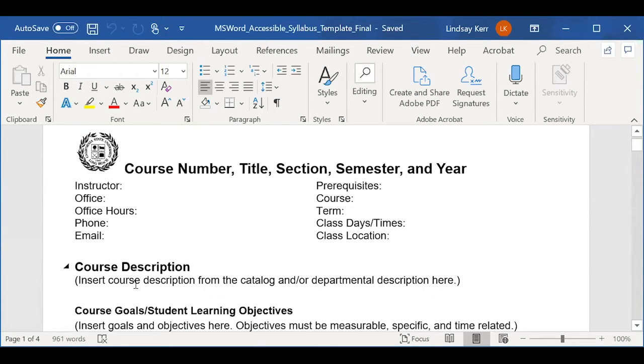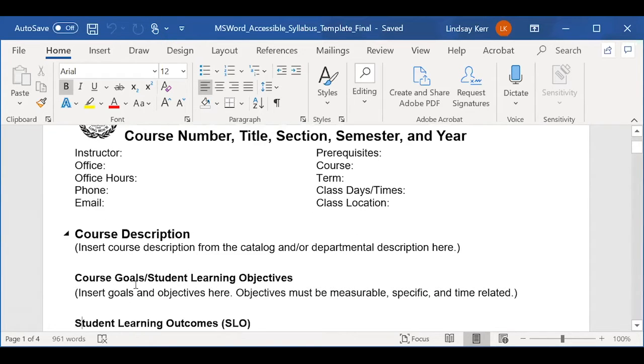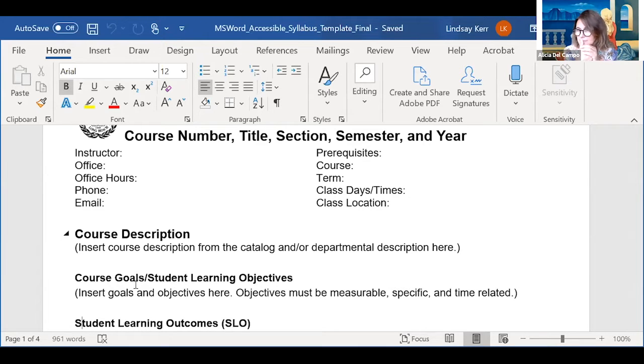Left parent: insert goals and objectives here. Objectives must be measurable, specific, and time related. Blank. Heading level 3: student learning outcomes. Left parent. And I'm going to mention here too that the reason these headings are so important is